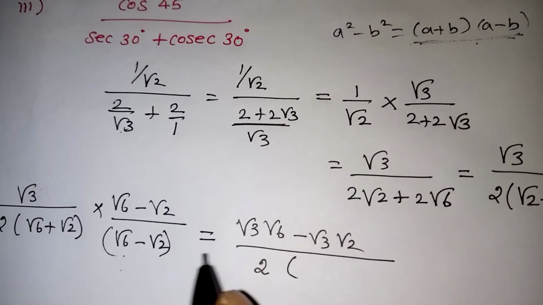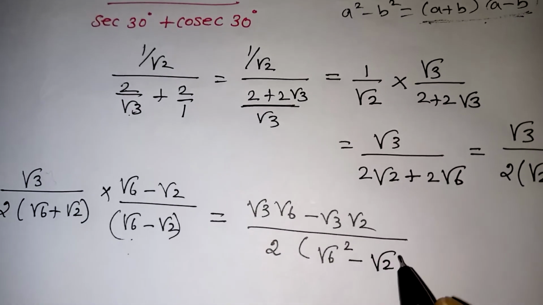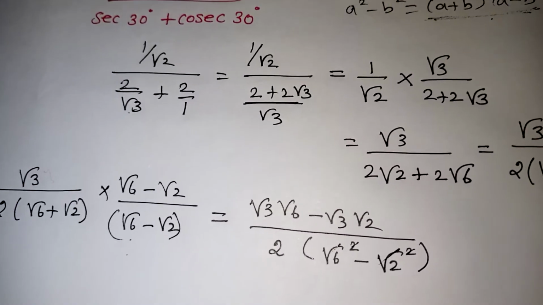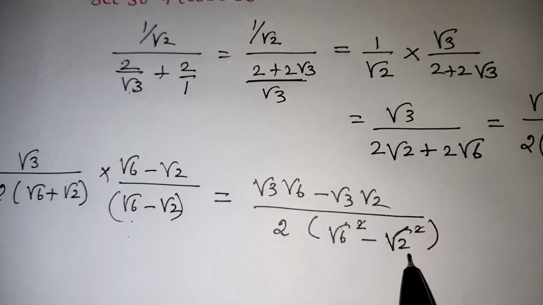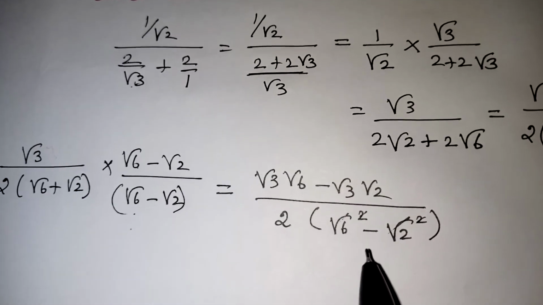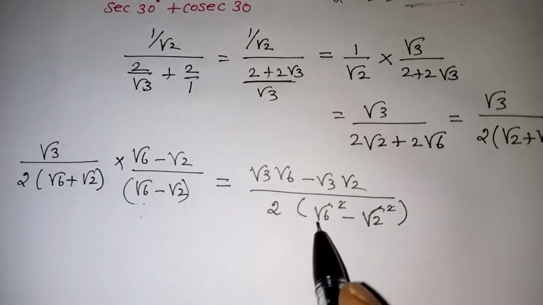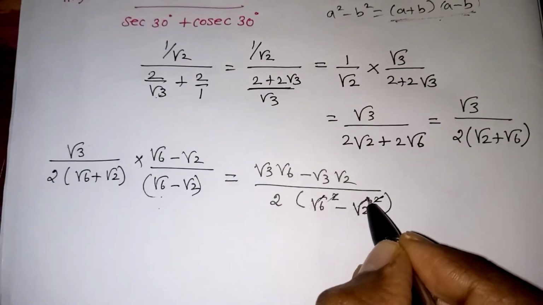So here my a is root 6 squared, minus b, which is root 2 squared. Square and square root will get cancelled. So 6 minus 2, we are getting 4. Suppose you would have taken 2 first, you would be getting the minus, and again we have to change the place for the numerator. To avoid this, we are taking the big number first. So here square and square root will get cancelled like this.